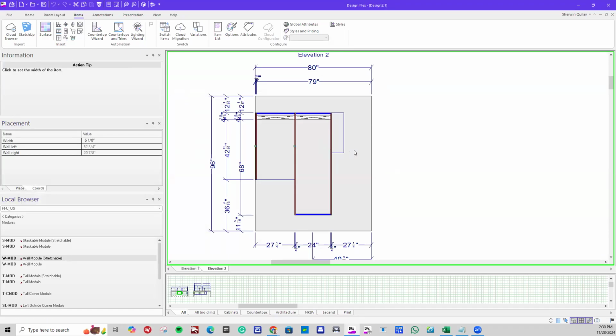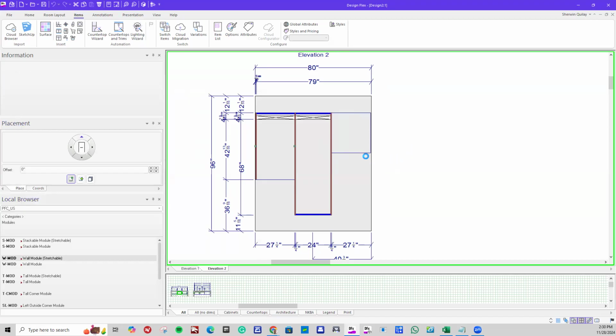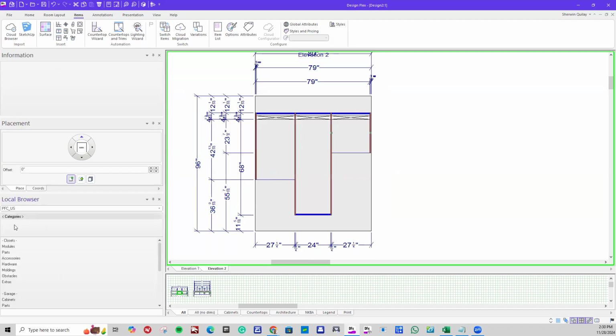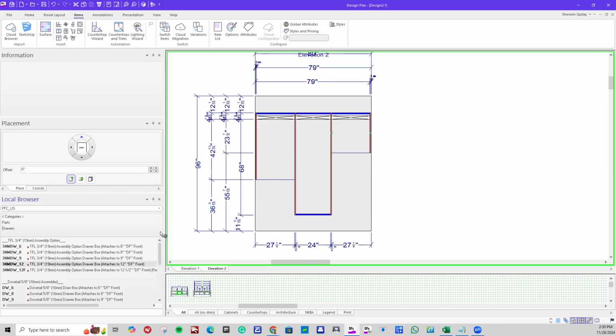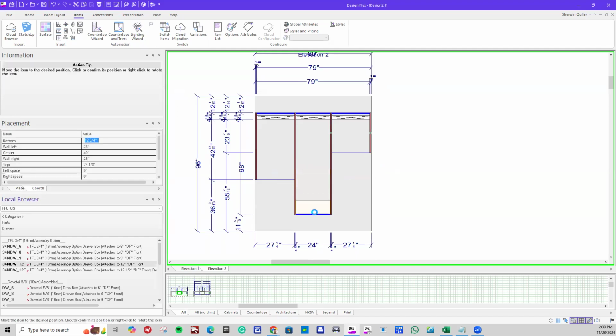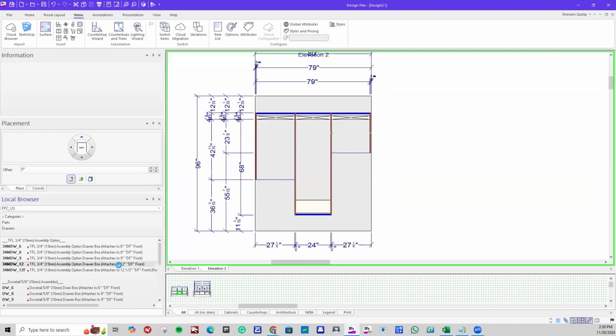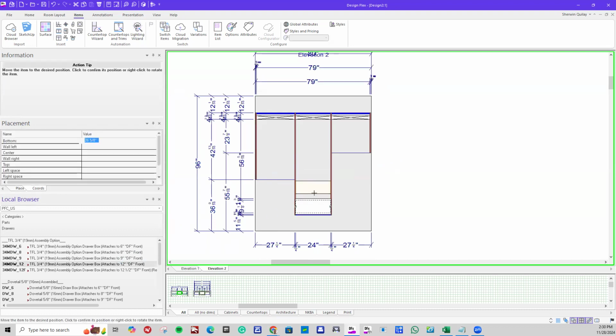Left click once, go to my farthest right, left click again. And now I've got a 1/4 inch variance on the left and right side. And now all I got to do is go to my categories, parts, drawers. And again, we're just dragging and dropping all our parts, which is fairly easy to do. So you can see that this closet is going to be about $200 less expensive than the one with